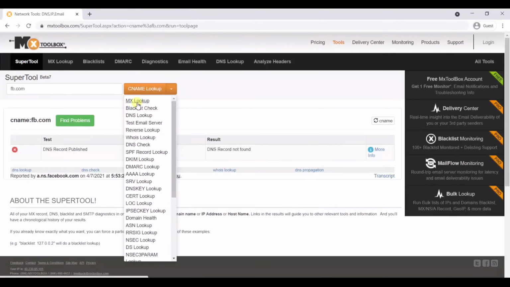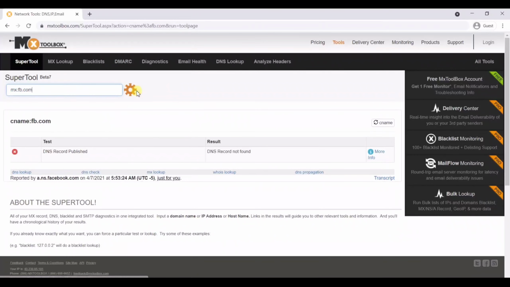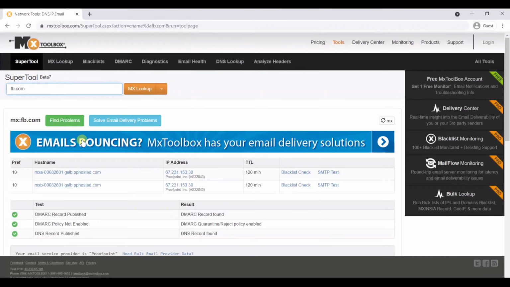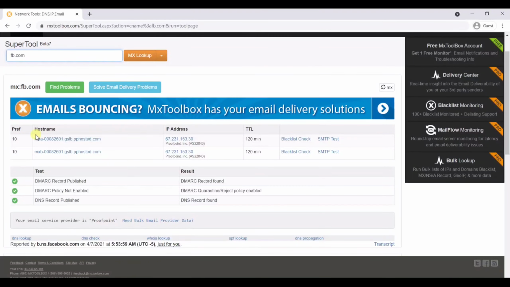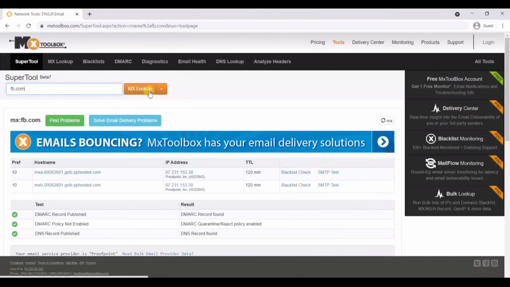For example, I want to check the mail exchanger, then you can just select MX and click here, and here you can see the mail exchanger information with their IP addresses. Right, so this way you can check this information, or if you want any name server related information, you can even check the name server, or you can also use the command nslookup to identify this information.